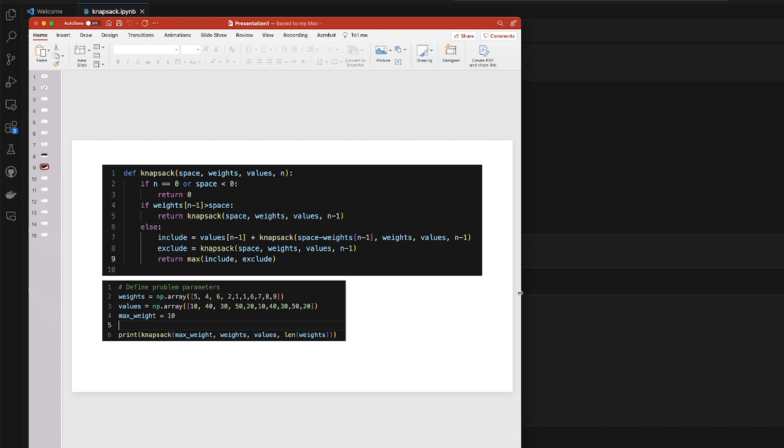And we face a similar issue here with this knapsack problem in the recursion format: we are doing the same computation over and over. Look at line 5. We are calling the knapsack function with the same space, weights, values, and n-1 parameters. But we're doing a similar thing in lines 7 and 8, so there is a high chance that this calculation is actually the same,